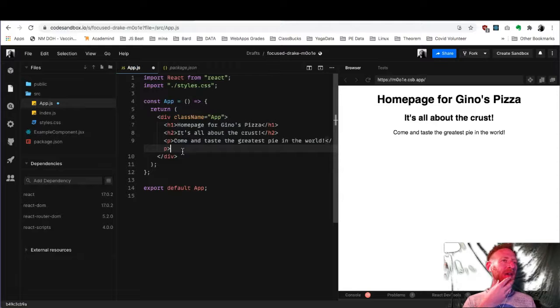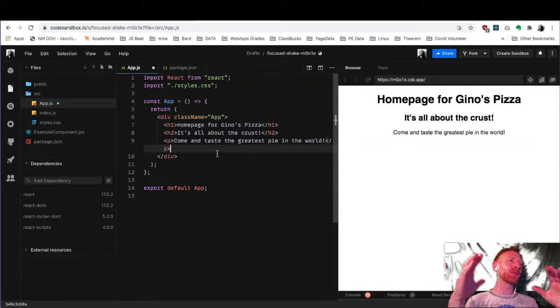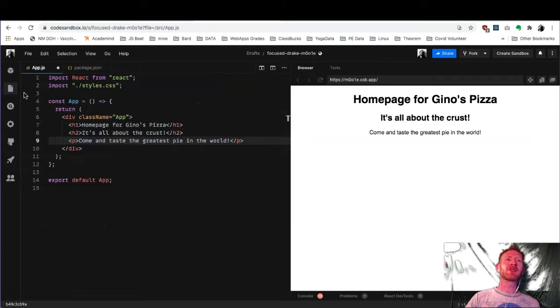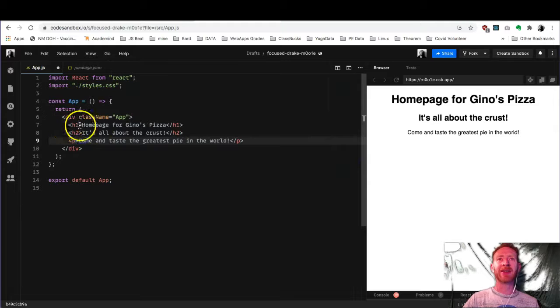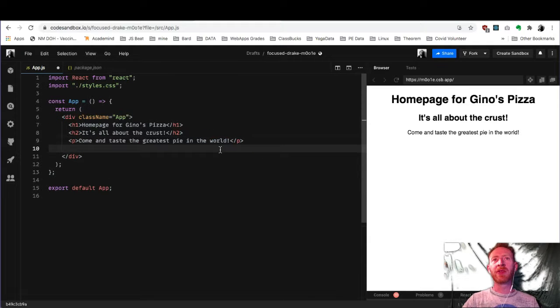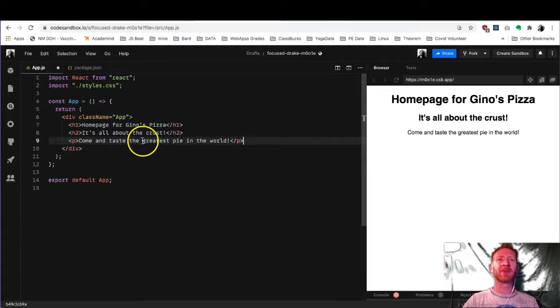This is not bad for sure. We want more content, but thinking about our page as a bigger idea, we actually are going to want multiple pages for our website, right? Not just the home page, but also a menu page or some things to click on. And so this allows us to start thinking about this idea of components, which is fundamental to React. Instead of writing all of our different pages within app right here, and imagining that this code can get very, very long very quickly,